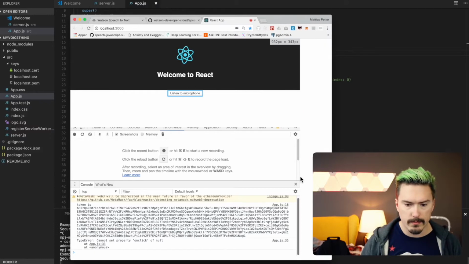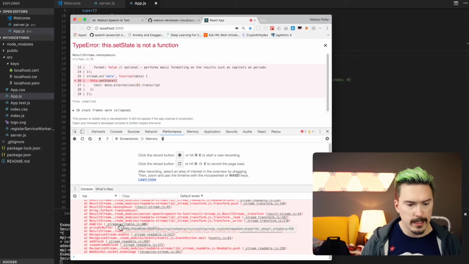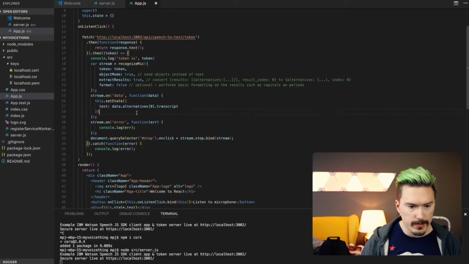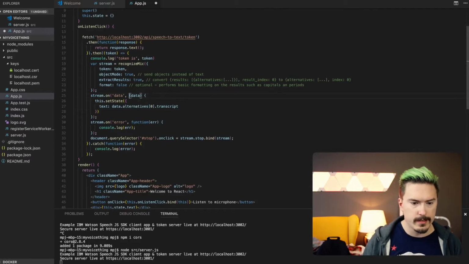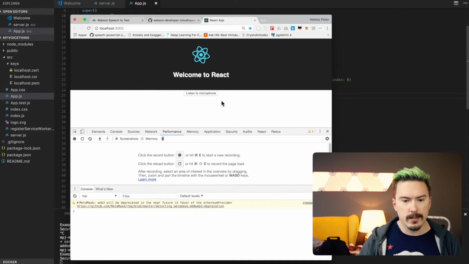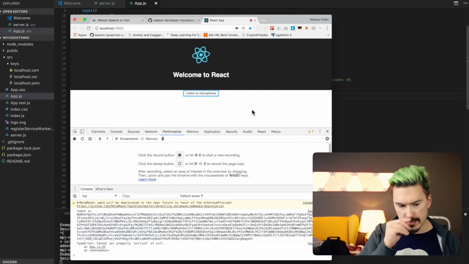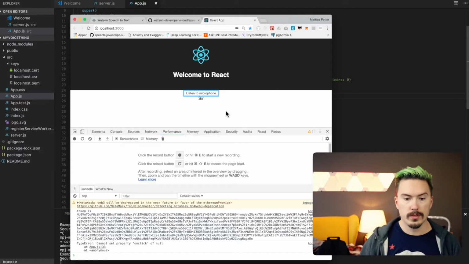Okay, I think that might have worked. No, we still need to make this an arrow function as well, so that the scope of this is preserved all through the chain. Oh, cool! Now it's updating the